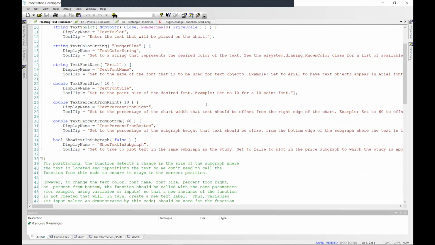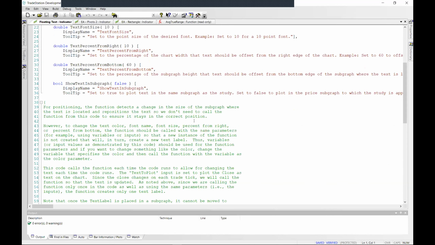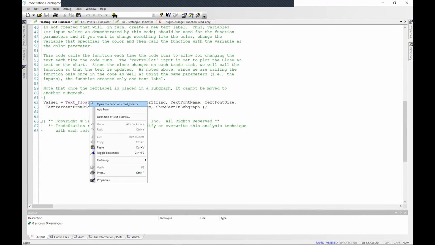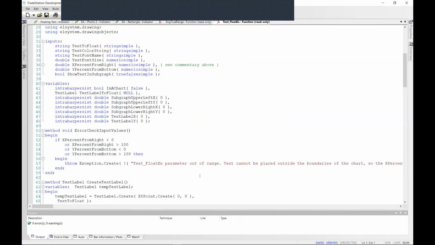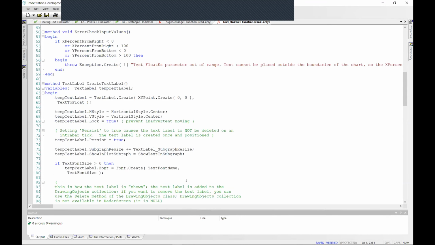Okay, so we've got our inputs up here, and we call this function text float ex. This is actually where the complexity lies. Although once you break it down a little, the most complicated thing is that we have to reposition the text if the size of the subgraph changes. That's really the only real complexity here.